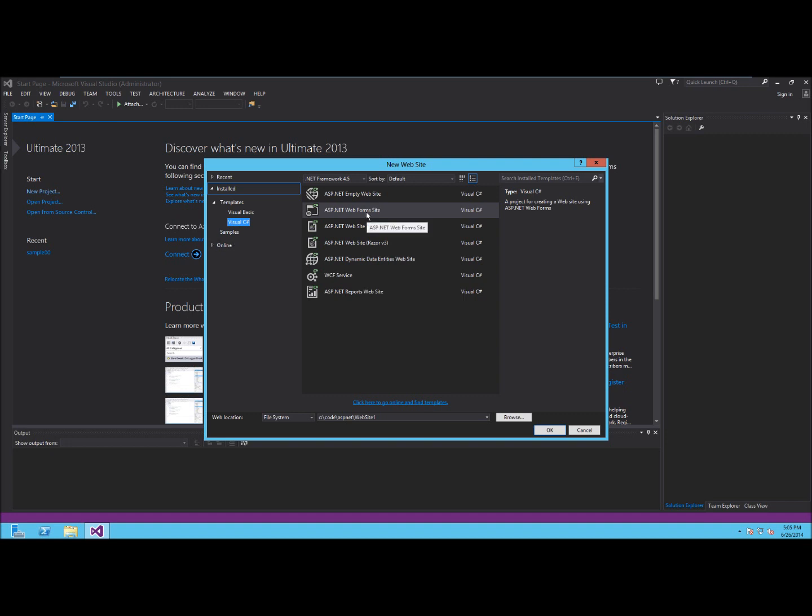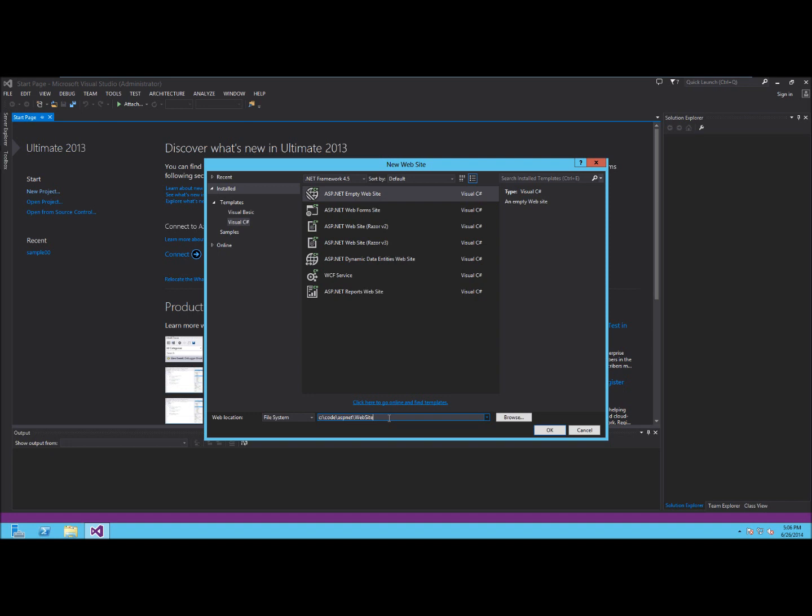So I'm going to open up a web form site, Visual C# web form site, which allows me to develop web forms, and it gives me a basic template with an existing web form. I can also develop an empty website, and I have selected the C# language, which is a primary language most developers develop in. You could select Visual Basic. There are some drastic differences between the two, which I don't want to discuss at this moment. But I'm going to focus my attention on Visual C#, and I'm going to open up an ASP.NET empty website,